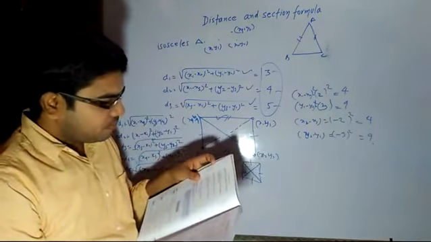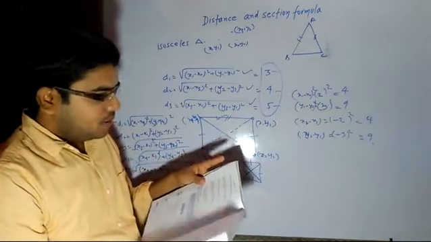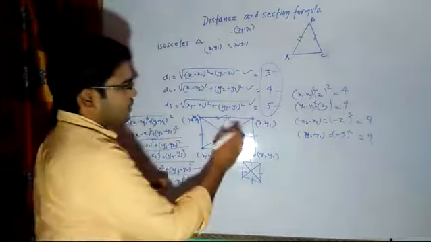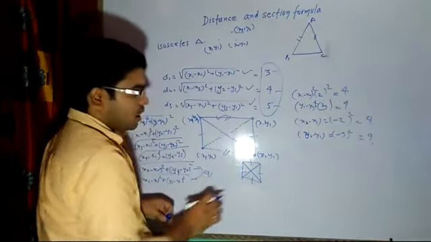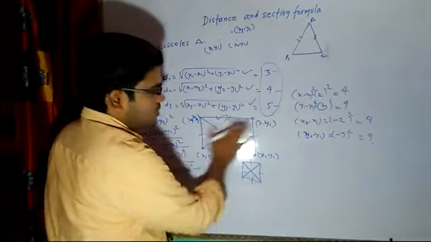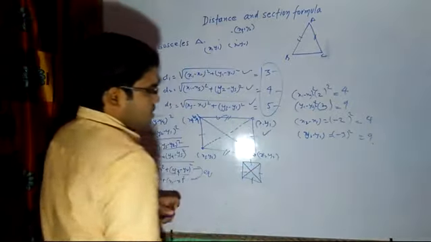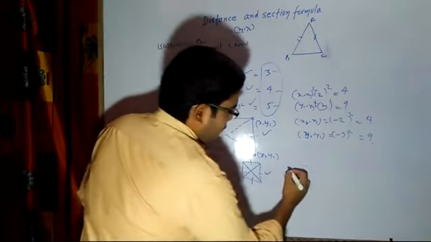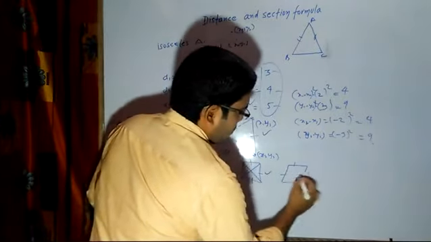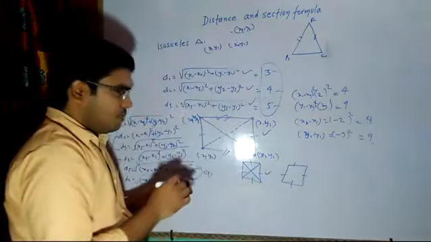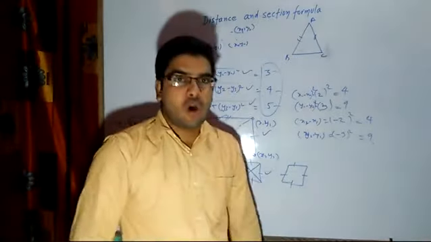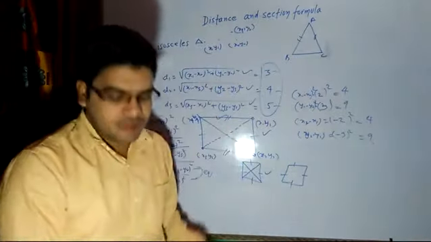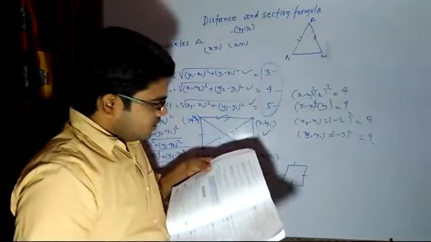Then parallelogram. See what I told you right now, that if opposite sides are equal, then it is a parallelogram. If opposite sides are equal plus diagonals are equal, then it is a rectangle. If opposite sides are equal and all diagonals are equal, then it is a square. If all four sides are equal in measurement, then this will be called a rhombus, like in case opposite sides were equal. Now fourth, fifth, sixth points are that diagonals are equal.